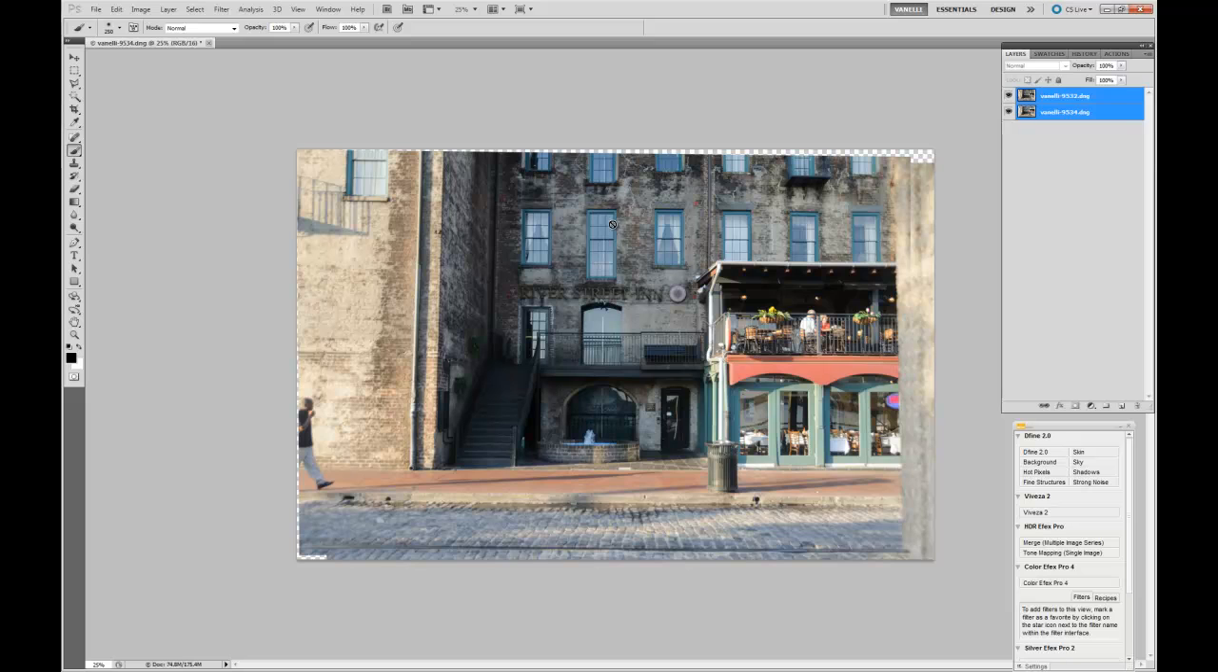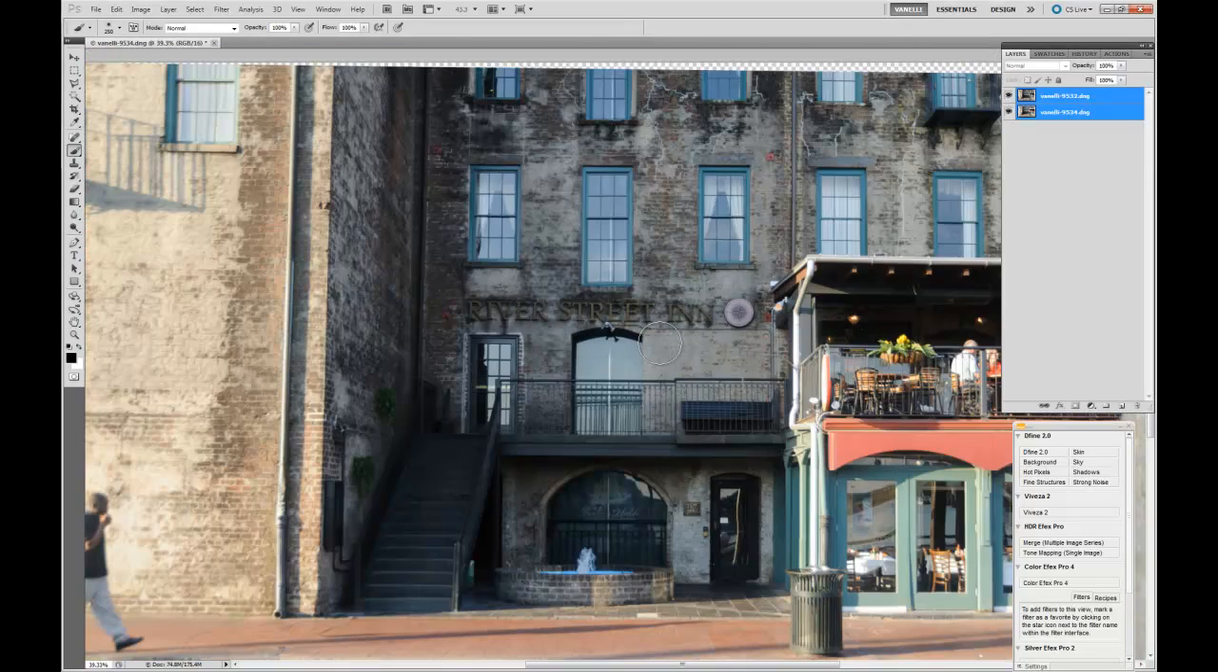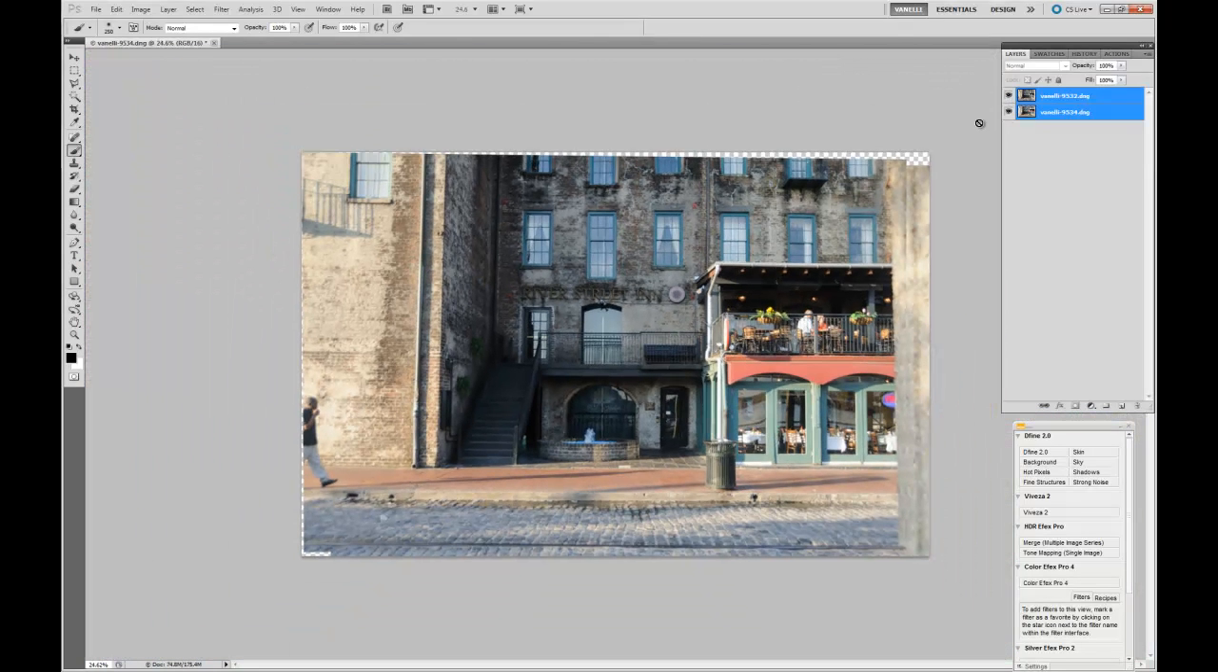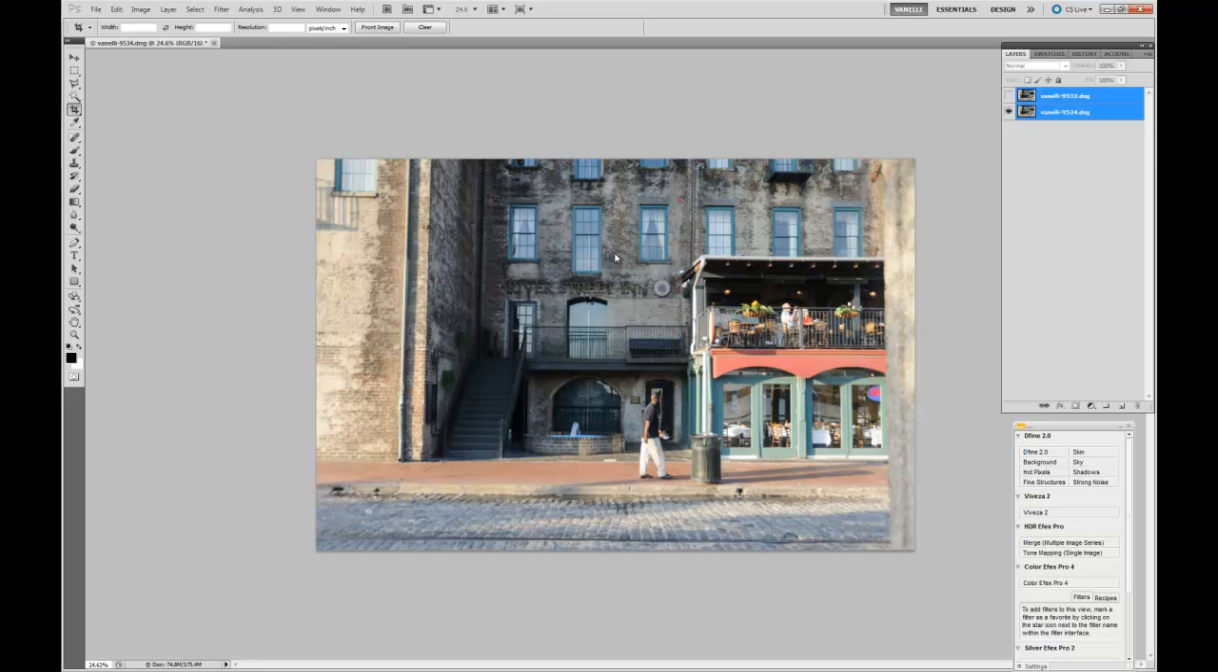So look up in here where the windows are. Look how great that is to align the image. Now what we're left with, if you notice, this checkered pattern, that's your transparency. So that means that it didn't have enough information to fill in the blanks all the way through here. For a simple tutorial, what we want to do is crop out the transparency,